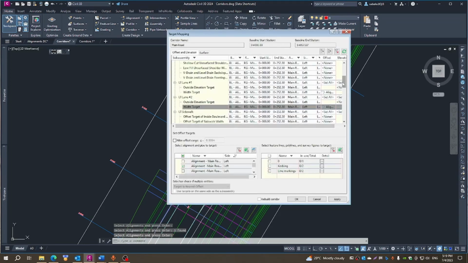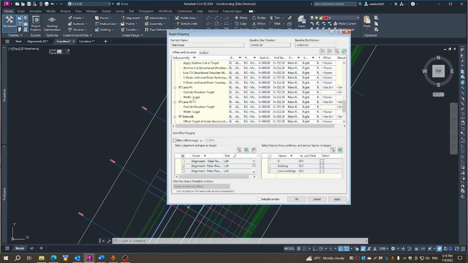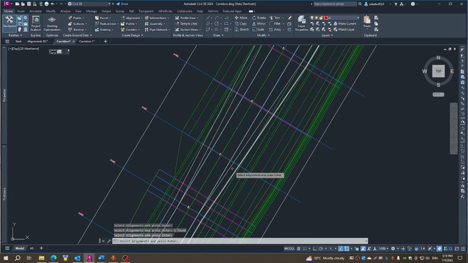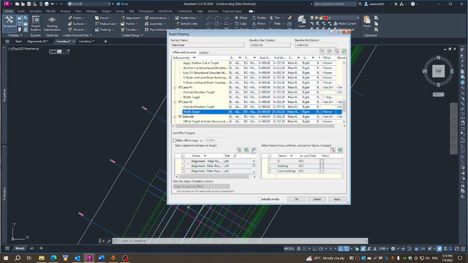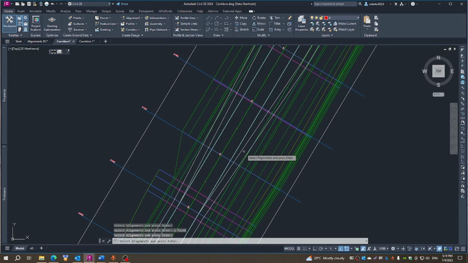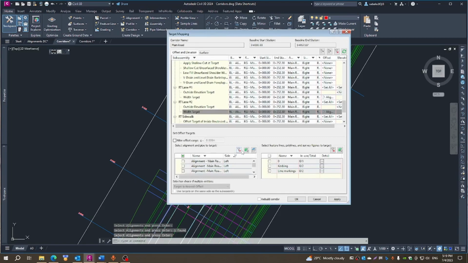Okay, now we're going to do the right hand side. The right hand side lane, this is now right hand side lane number 1, will target that alignment, and then right hand side lane number 2 will target this alignment. Okay,